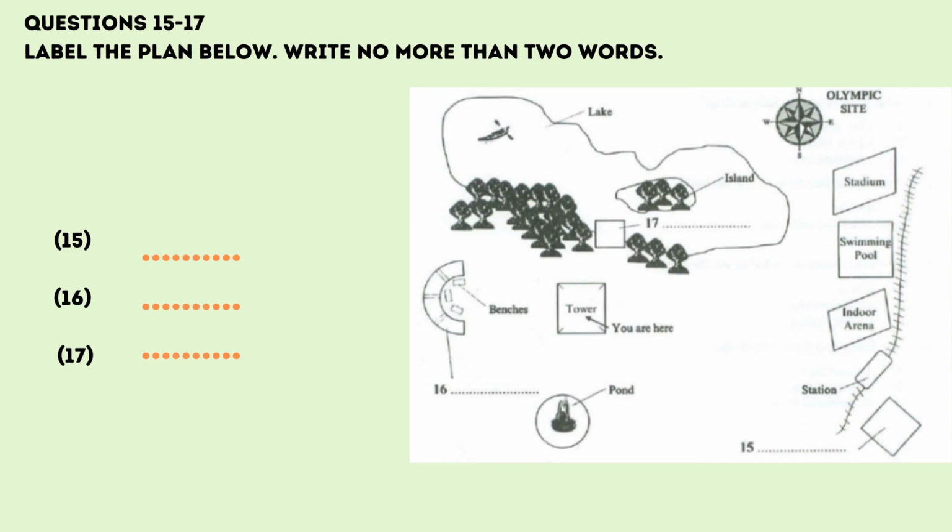There is also a car park, but it only holds a limited number of cars. The formal park has some specially created water features. If you look out here to the south, you can see a circular ornamental pond. And around to the west, you can relax and sit on a bench to smell the flowers in the rose garden. And finally, up to the north, if you look in front of you now, there's a lake with a